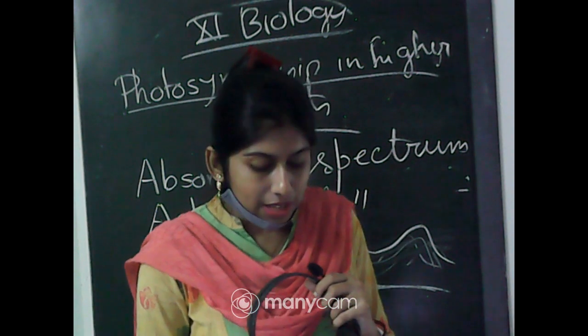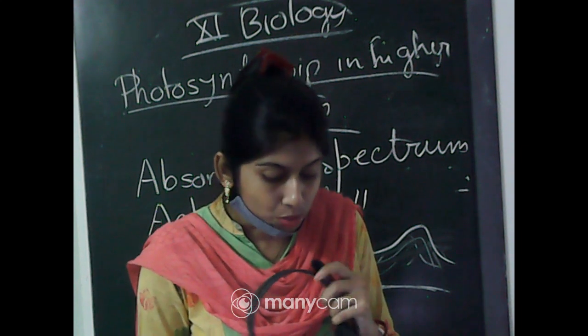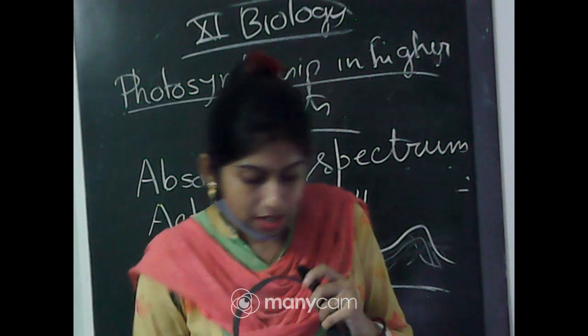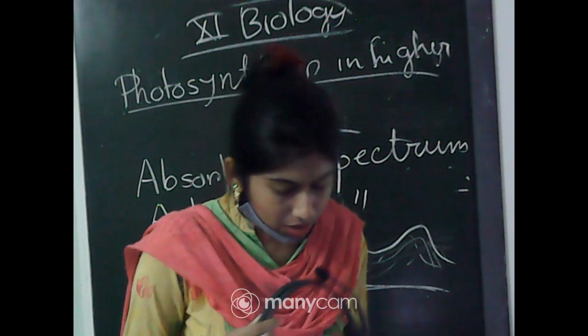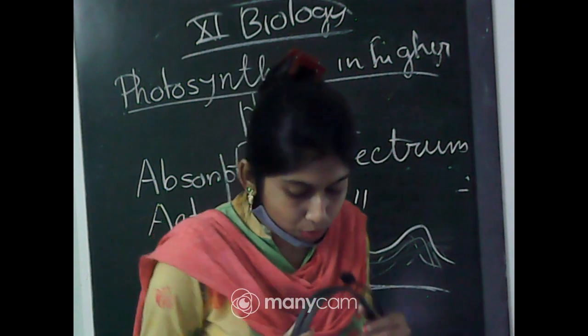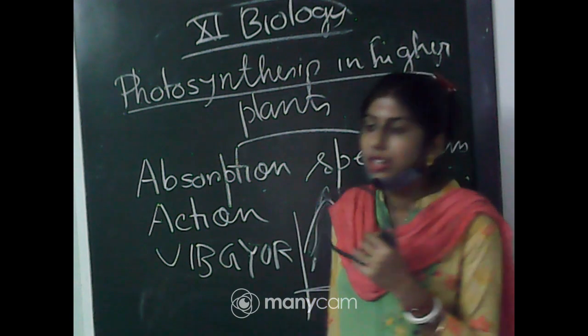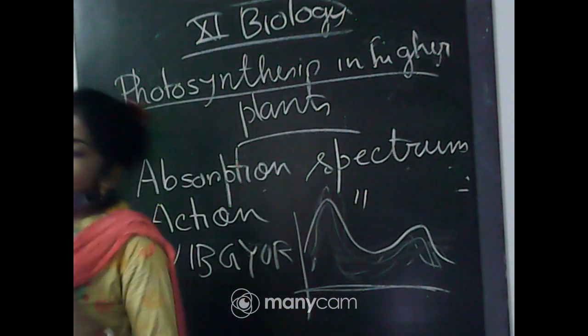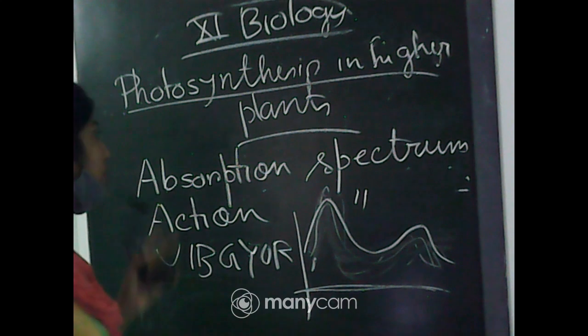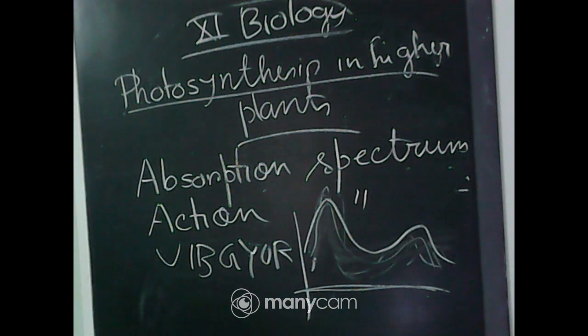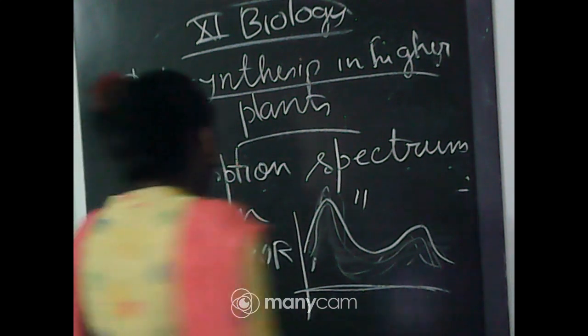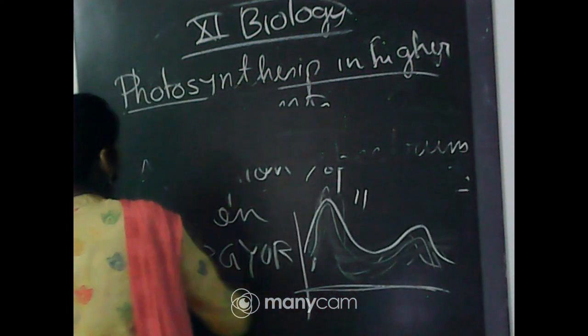Okay, so they are enabled to absorb a wide range of wavelengths, which means incoming light is utilized for photosynthesis. Another function of these accessory pigments is that they protect the chlorophyll A pigment from photooxidation. So these are the main photosynthetic pigments and some accessory pigments which play a role in photosynthesis.